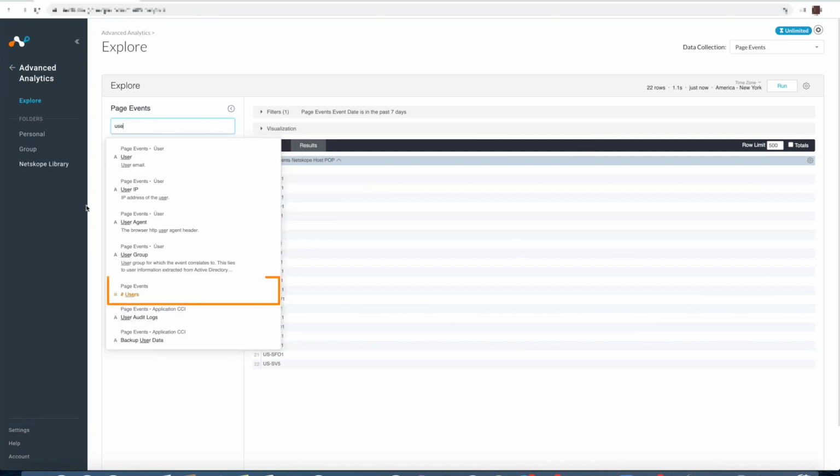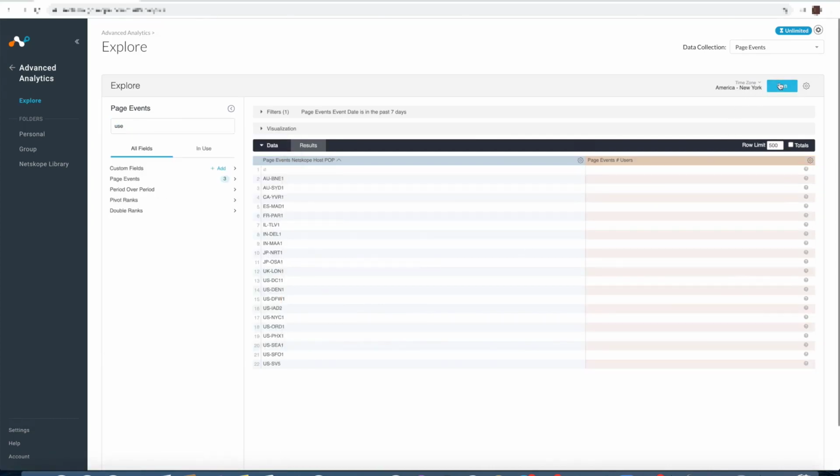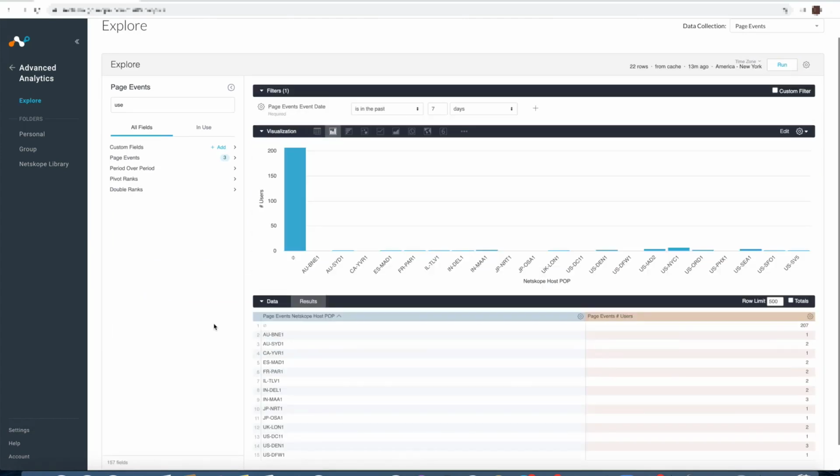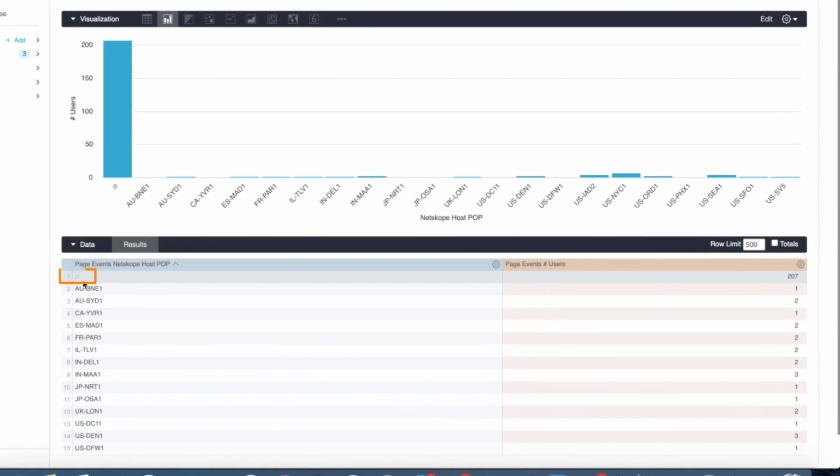Next, we will search for the number of users and once again select Run. This will be our y-axis. Let's quickly take a look at our data. As you can see, there are a few null values in our data set. Sometimes data centers can be considered null if the way we are receiving the information is through discovery and risk insights. To avoid having these null